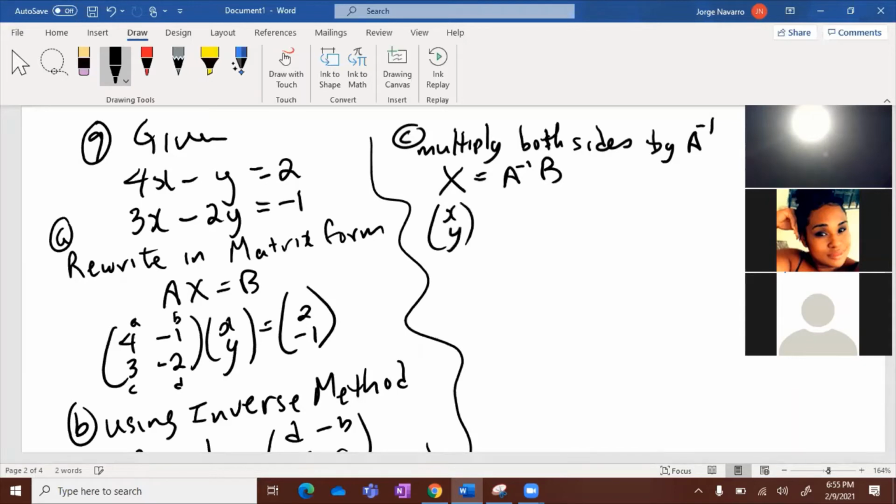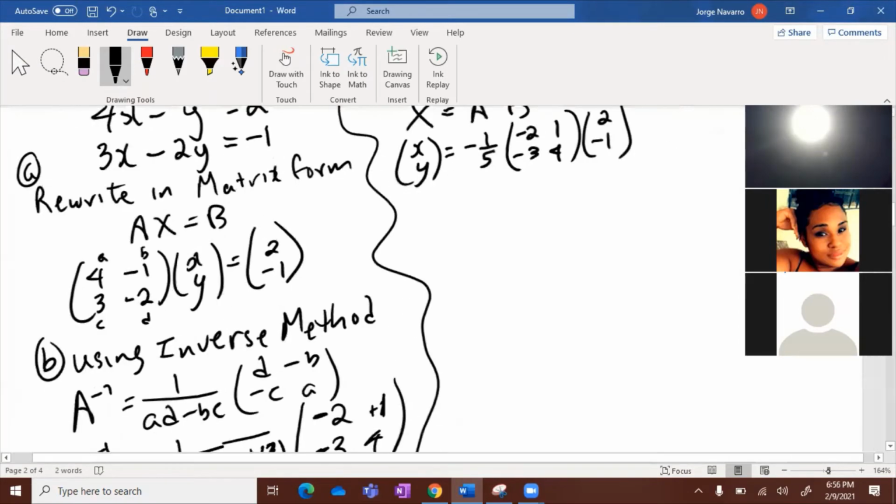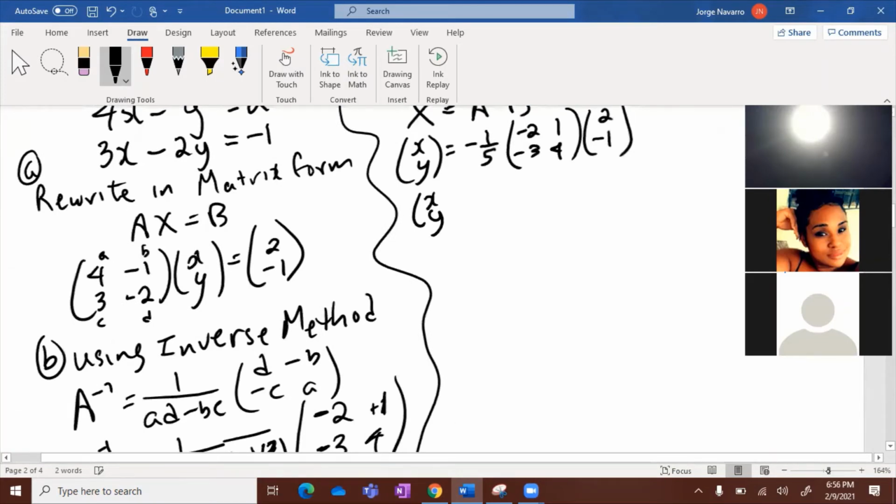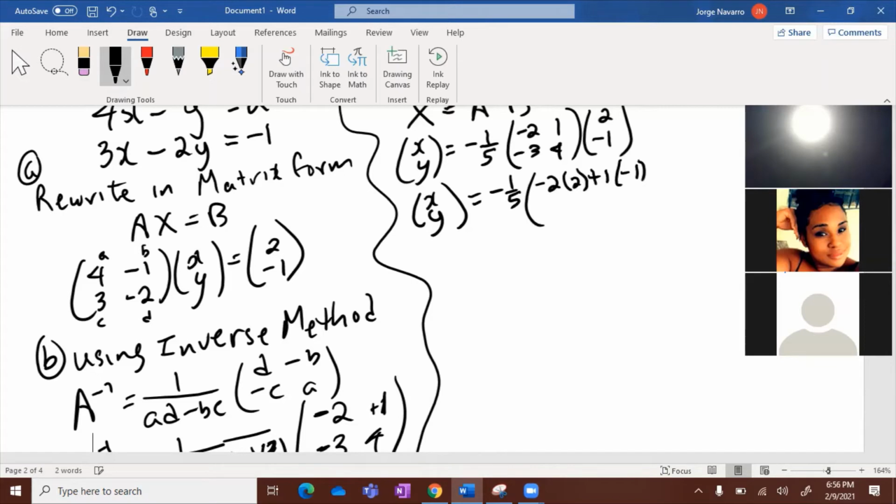So [x; y] is equal to -1/5, open bracket, [-2, 1; -3, 4] times [2; -1]. So these numbers are going to be relatively small. So we say [x; y] is equal to -1/5 [-2 times 2 plus 1 times -1; -3 times 2 plus 4 times -1]. So [x; y] then is going to equal -1/5, open parentheses,